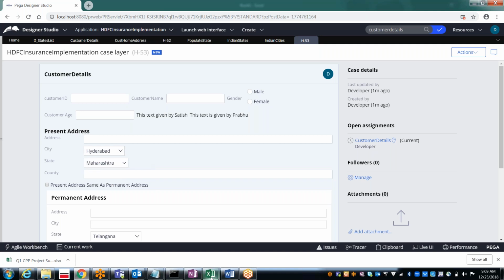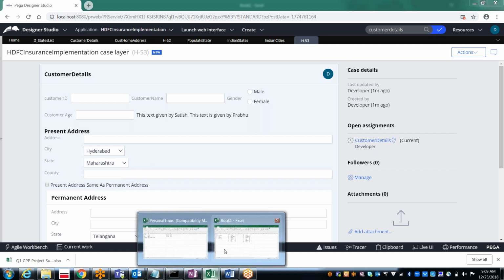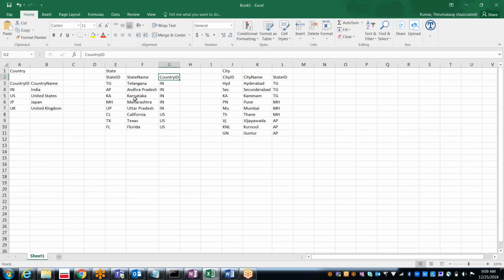Understanding, right? Yes. So on selection of Karnataka, this KA should go to the city drop down, and everything referring to KA has to be populated. On selection of Telangana, this TG should go to the city drop down, and only the records with the state ID TG should populate into the city drop down.